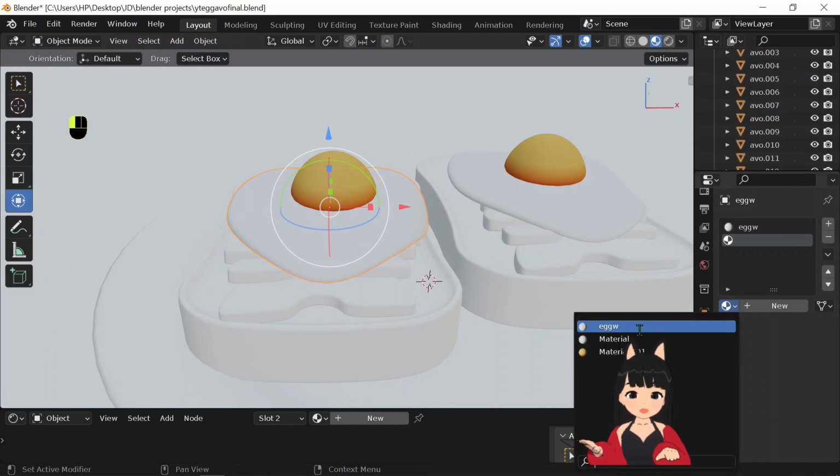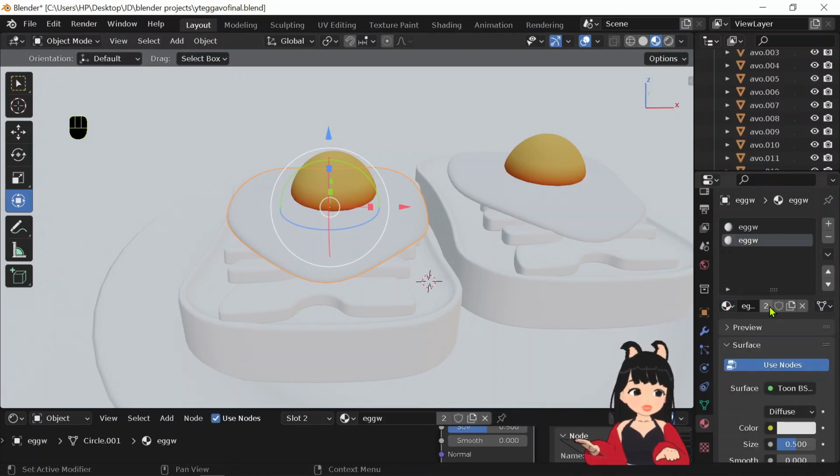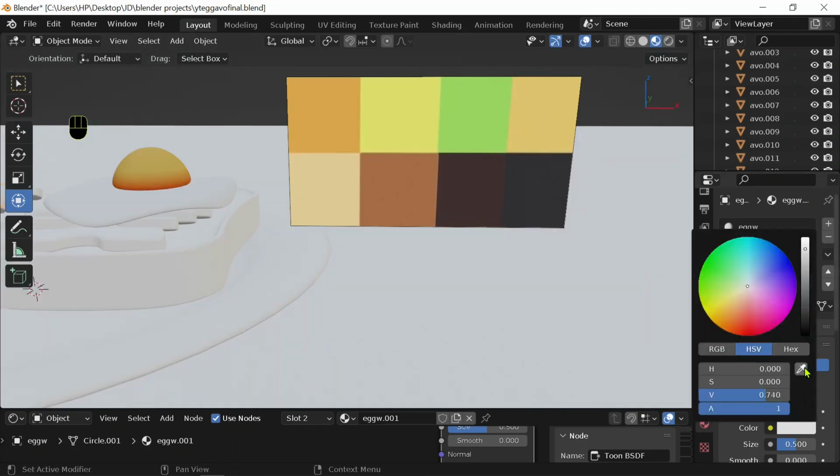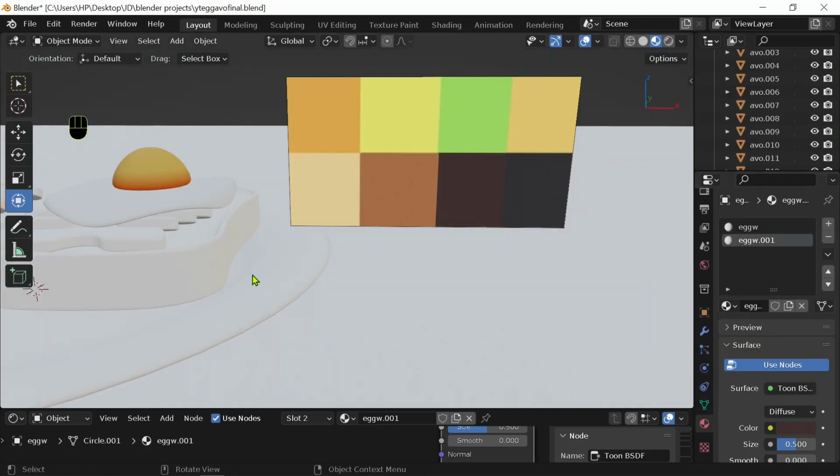To add a new color, from the arrow here, select the egg white. The number here shows how many objects it's applied to, so if I change values in this one, it will automatically change in the other also. If I select this, it will make it a separate material. So do the same thing, and for this material use the eyedropper and select the third color in the second row, and